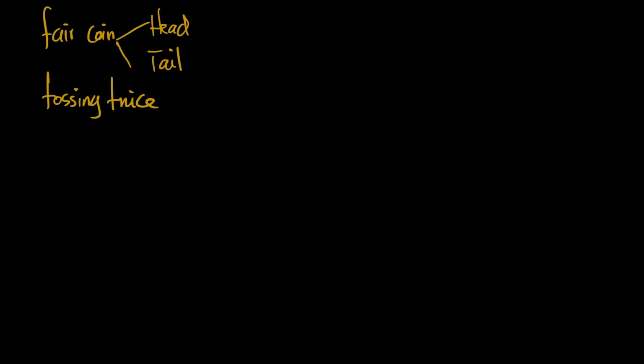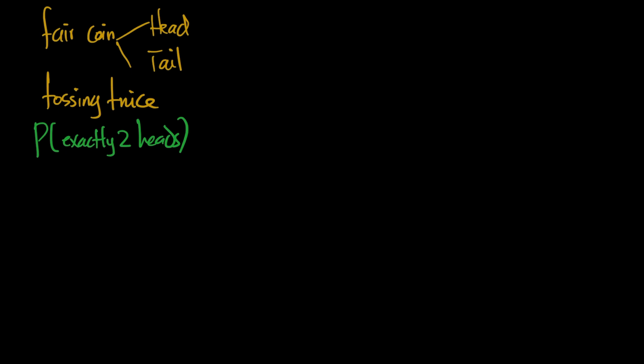Now, the question says, what is the probability of obtaining exactly two heads? So when we toss it twice, what is the probability that the heads are going to show up two times? That's exactly what it's saying. Exactly two heads. Now remember, we said in one of our lecture videos